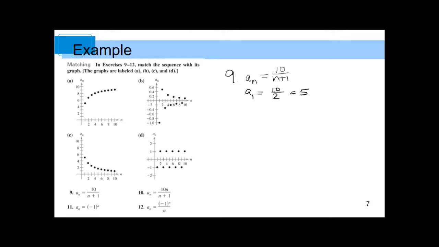Okay, and so what that means is that if we were to graph the sequence, we would see a point, a dot at (1, 5). And so for example, here A has the point (1, 5), C has a point (1, 5). So it's going to be one of those two. Let's keep going with our sequence. So the second term of the sequence,